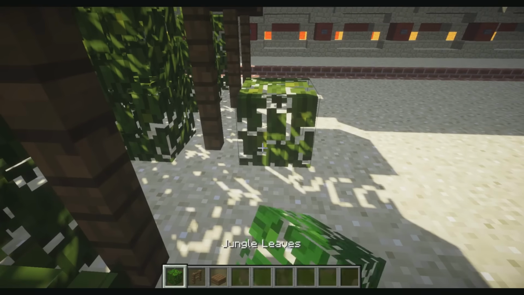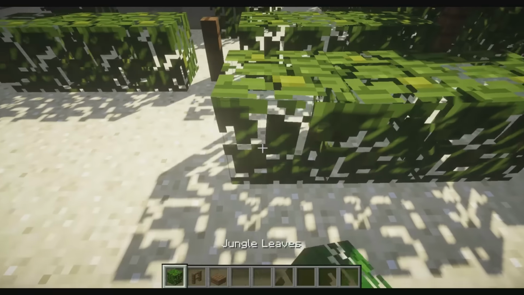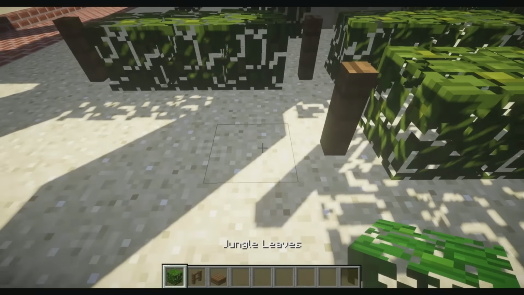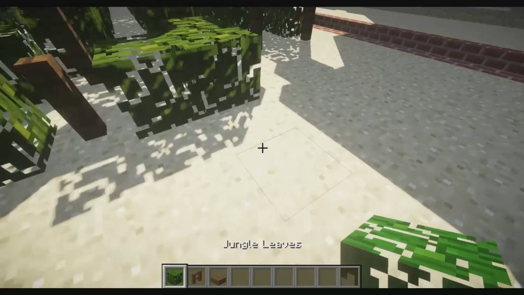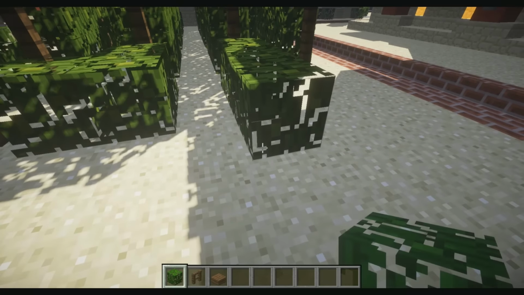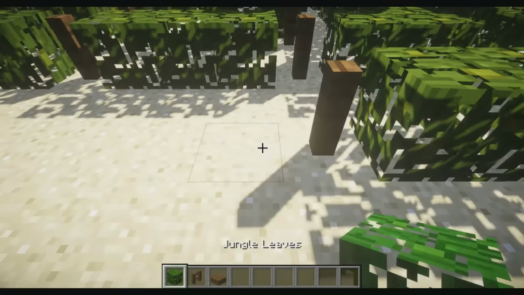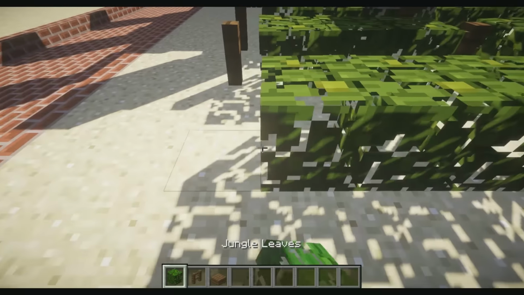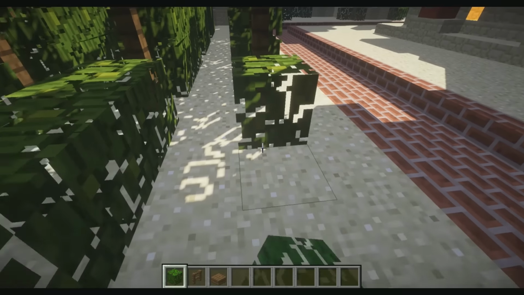We're going to come over here and go 1, 2, 3, place a spruce fence post, 1, 2, 3, place a spruce fence post, 1, 2, 3, place a spruce fence post. We're going to continue this pattern until we get all of this in an L. So we're going to go 1, 2, 3, place spruce, 1, 2, 3, there we go, and just keep going, and all the posts should line up if my math is correct, but I wasn't the best at math in high school, so